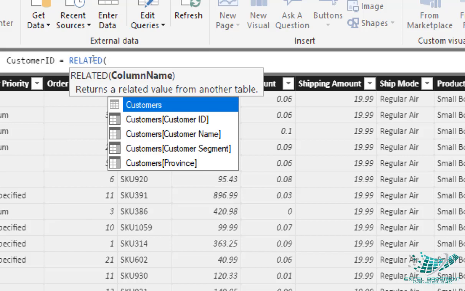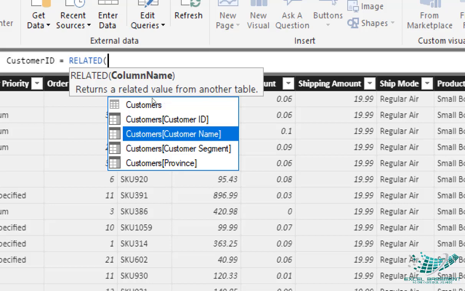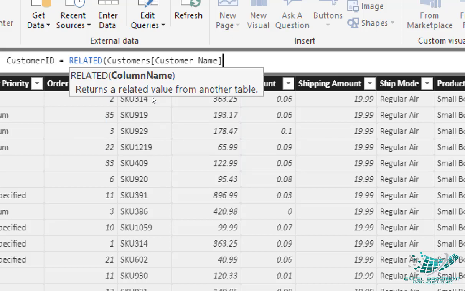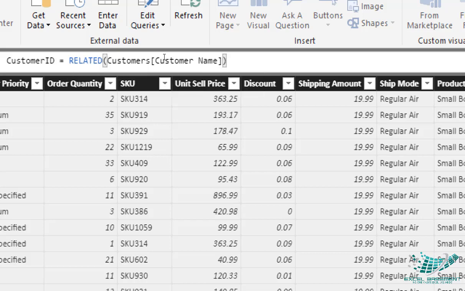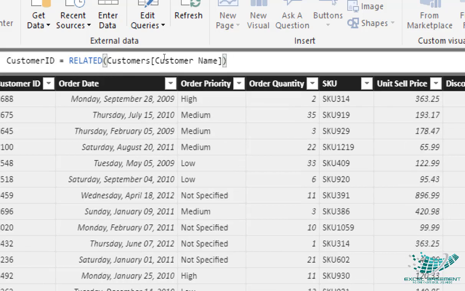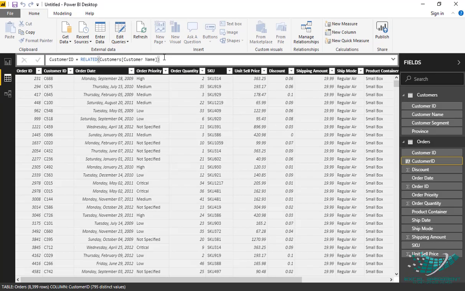We know that in the customers table we have the customer name, right? So we scroll down, press the Tab key to write the complete table name and column, Customers customer name, bracket close, and press Enter. It is very simple compared to VLOOKUP.